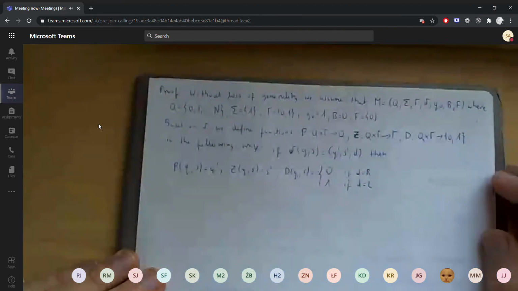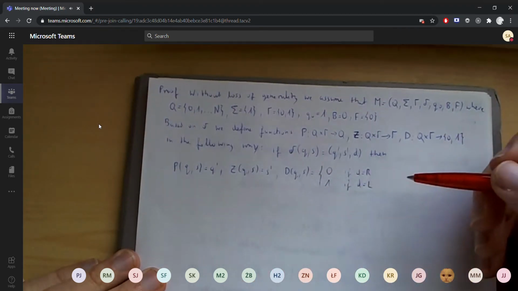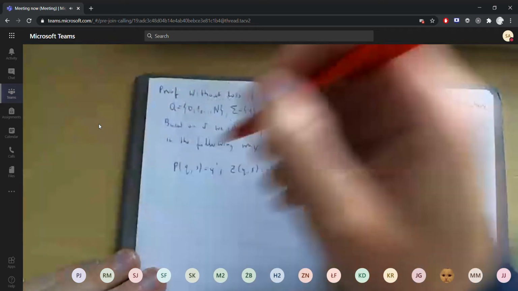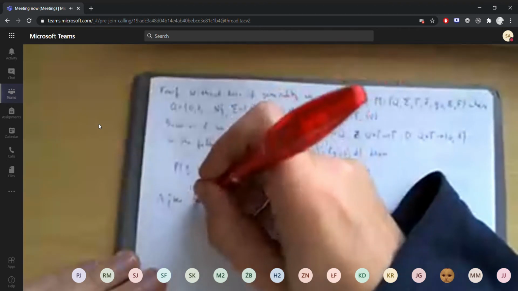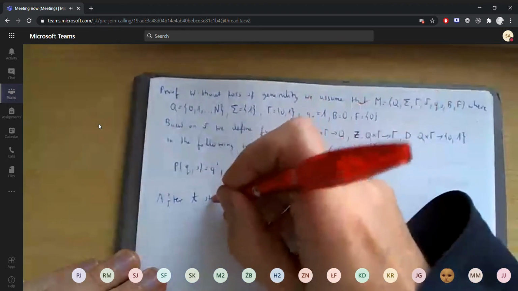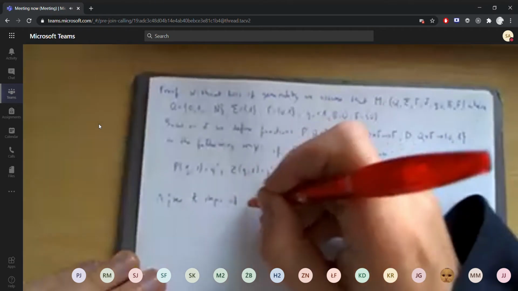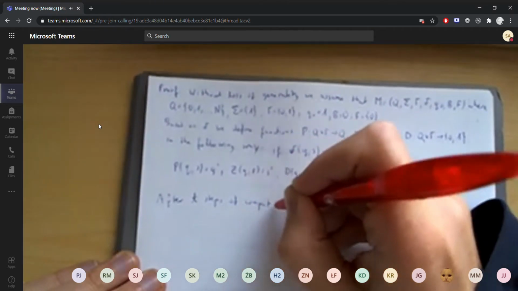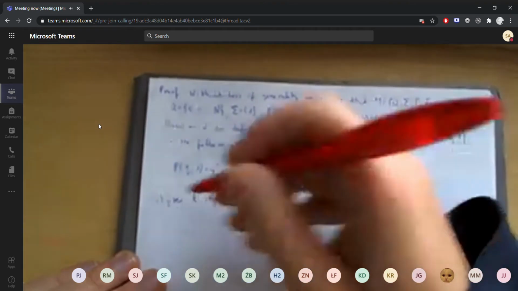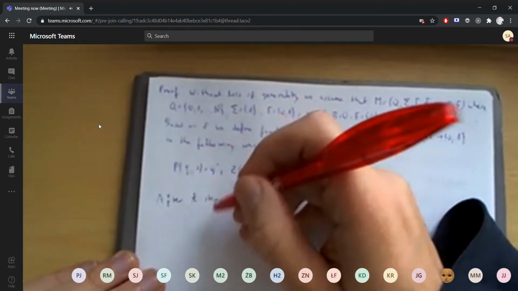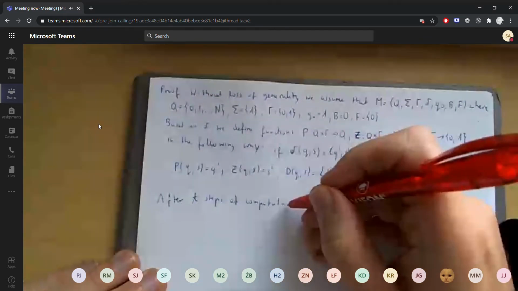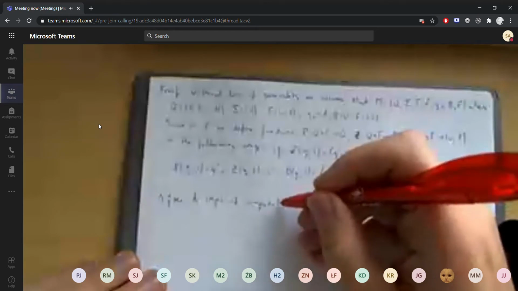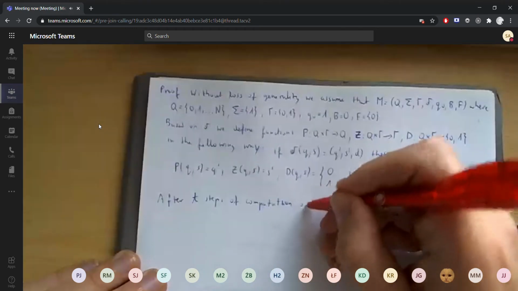Assume that we are in some moment of the computation of m, and we see that after, for example, t time steps of computation, so we assume that t moves were executed, and after t steps of computation of m,